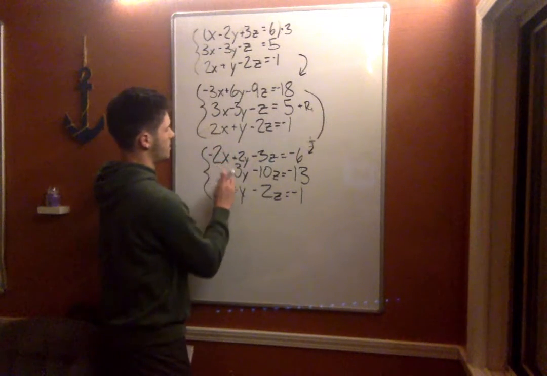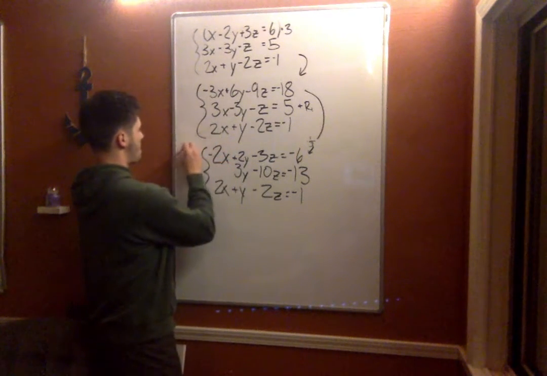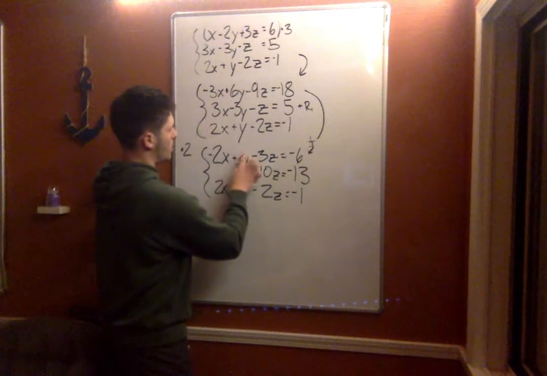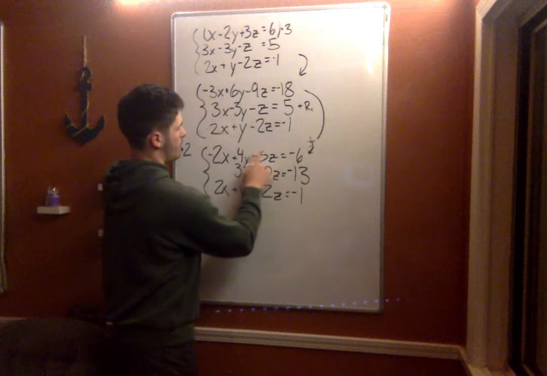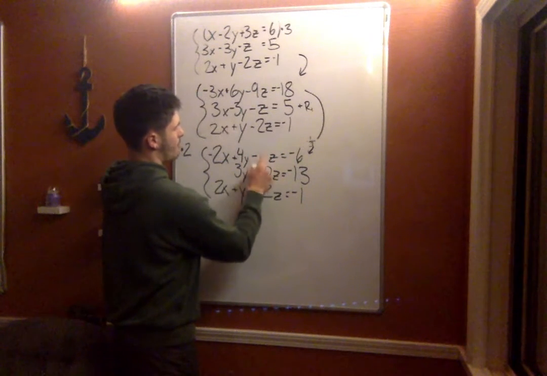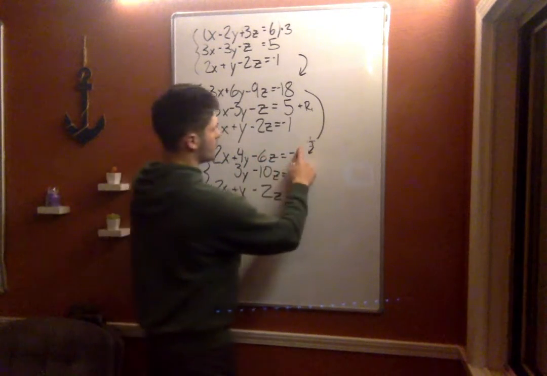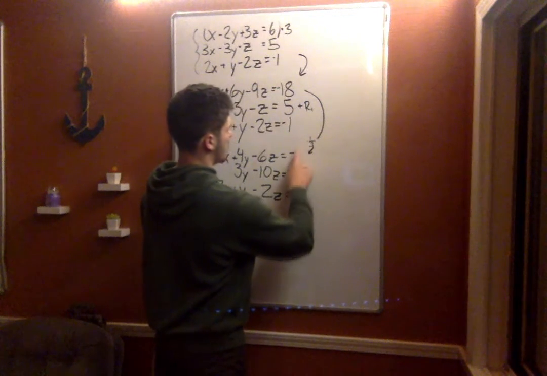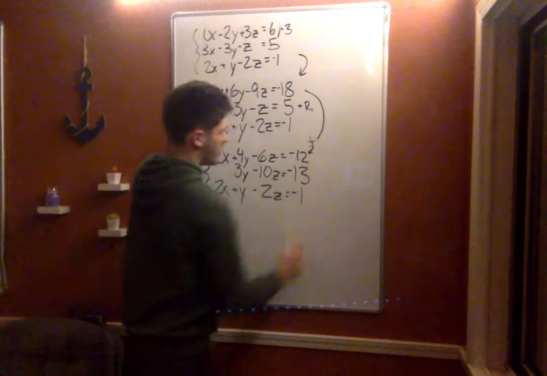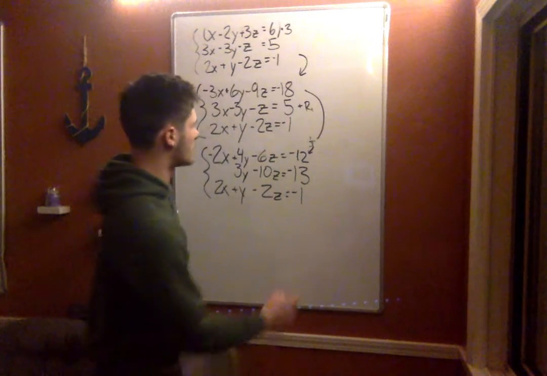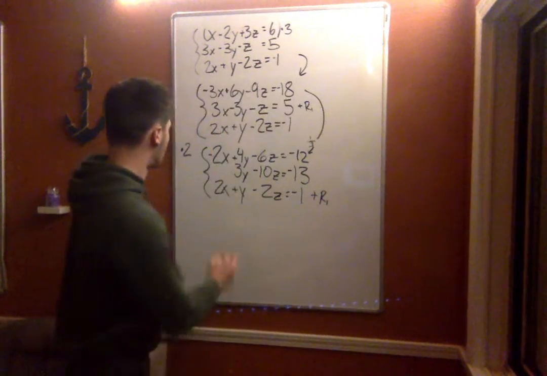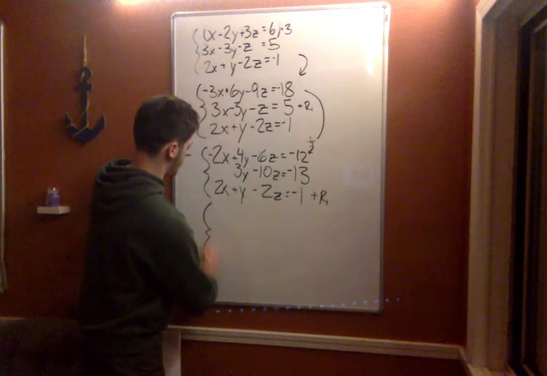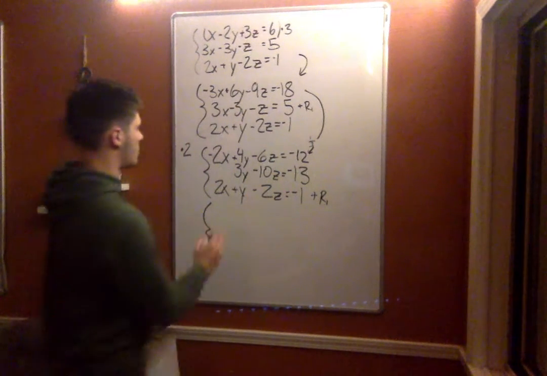negative 2x plus 4y minus 6z equals negative 12. And so if we add row 1 to that one, our new system is going to look like